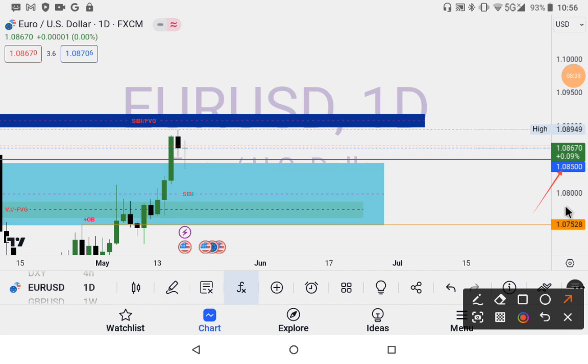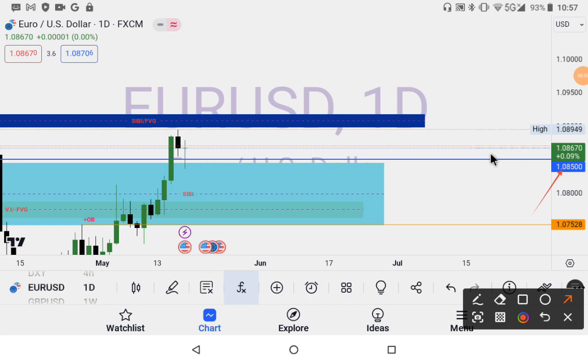So in that analysis, I said the low hanging fruit will be 1.08. So the coming week we'll be interested, since